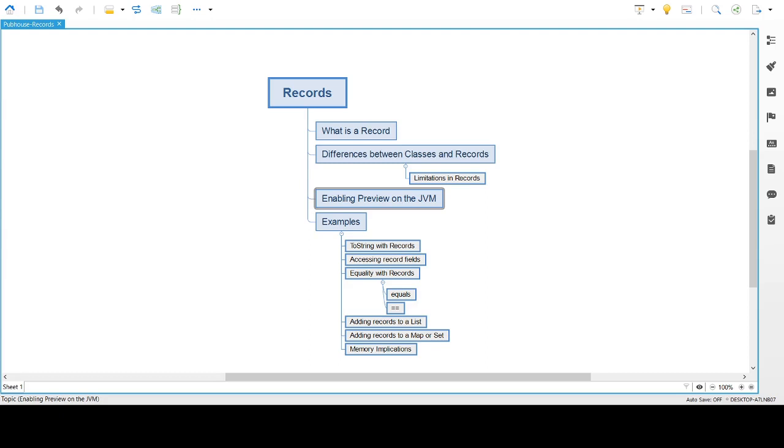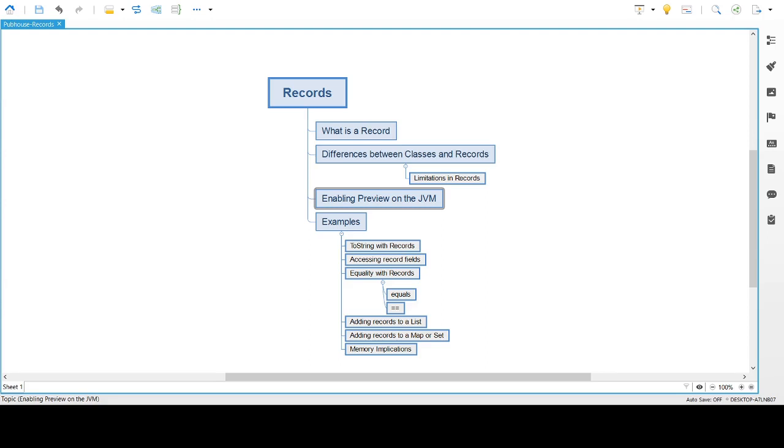All right, so this episode is fun because this is something we've sort of been waiting for, or at least I know that I've been waiting for a long while. Java 14 was released, and with that release, there came a bunch of goodies. One of the things that I'm the most excited about is records. We've been hearing about this for a long while. Brian Goetz has always wanted to do records.